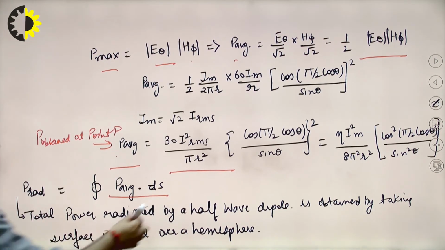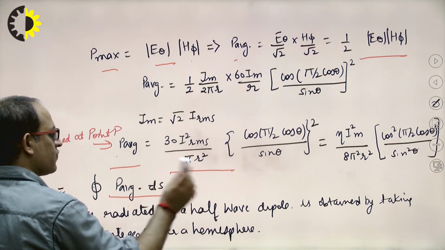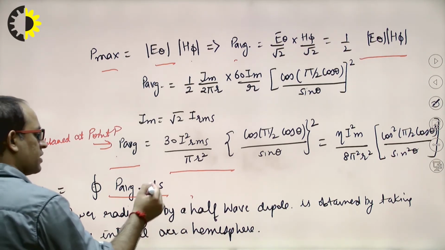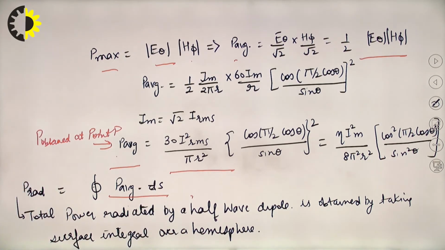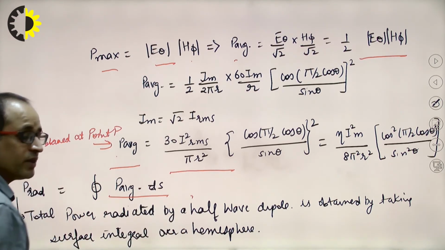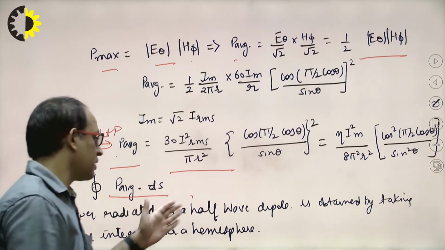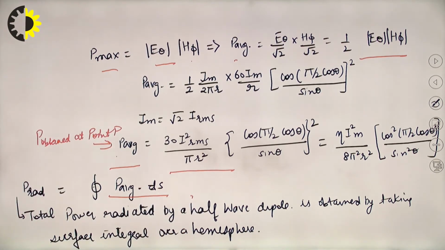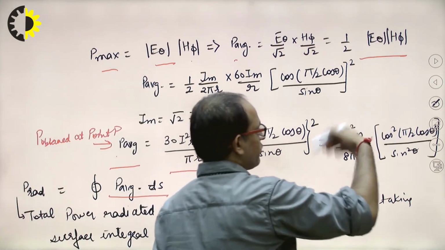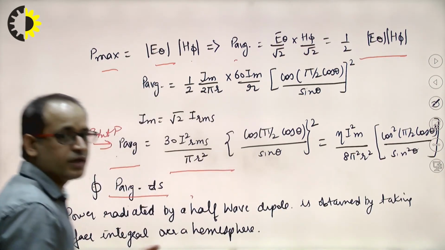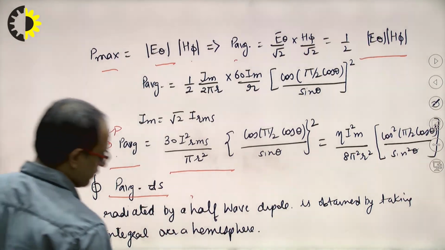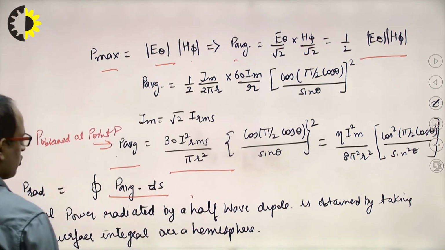And if I say r is constant for the sphere, you can get the dot ds, and the dot ds will be equal to what? Phi will vary from 0 to 2 pi, theta will vary from 0 to pi, that is r square sin theta d theta d phi. As you know, there is no phi component, so if I integrate over phi, that will be equal to 2 pi r square sin theta d theta. Clear? So ds will come out to be this one.